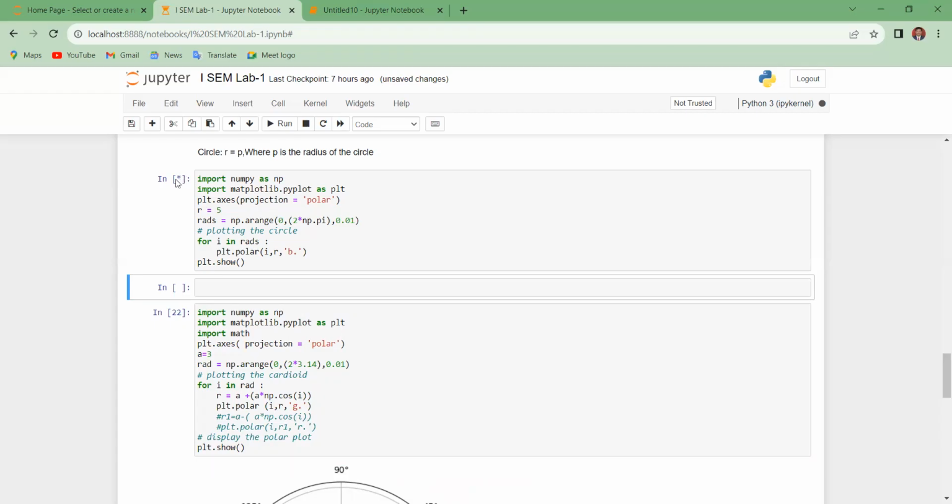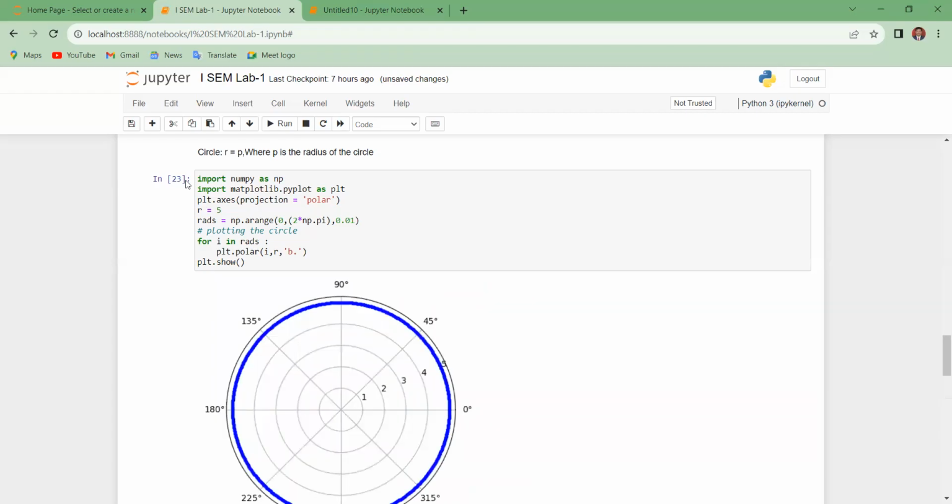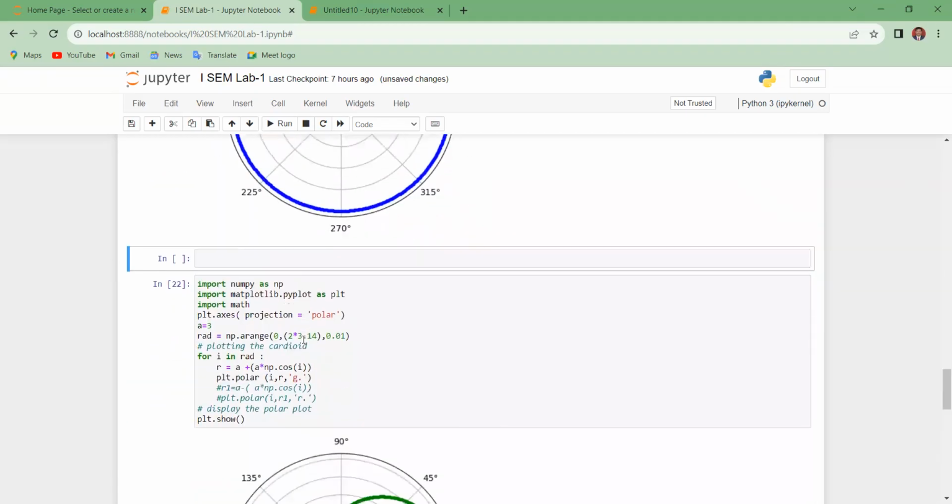So if a star comes, it means just wait. Okay, so in this manner it is okay. So the next program is